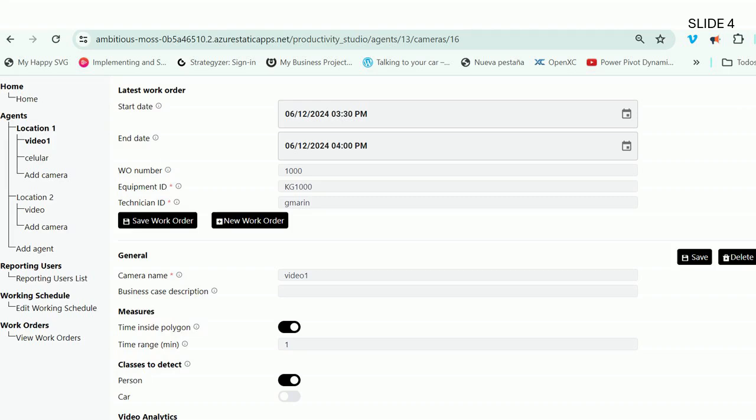What we are measuring here is the time of the technician, who is a person inside the box or virtual polygon. We could also measure other classes, such as the time of a vehicle, such as a truck or car, inside a virtual polygon or box. The measurement of the technician's time inside the polygon will be done in a time range of 1 minute, and we will repeat the measurement every minute from the start date and time until the end date and time of